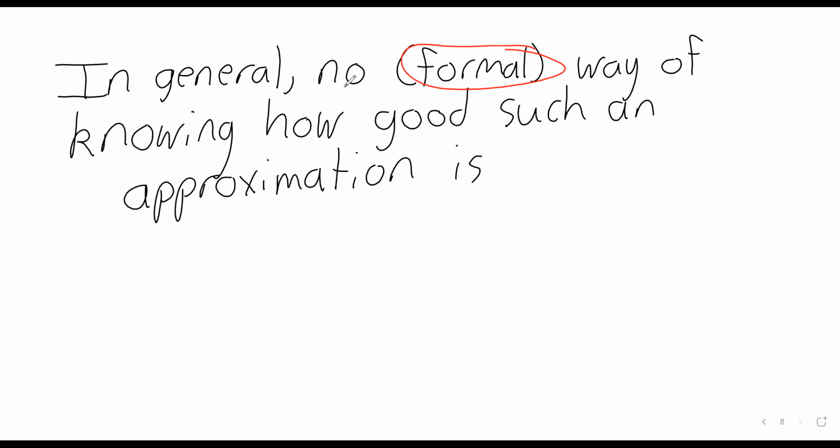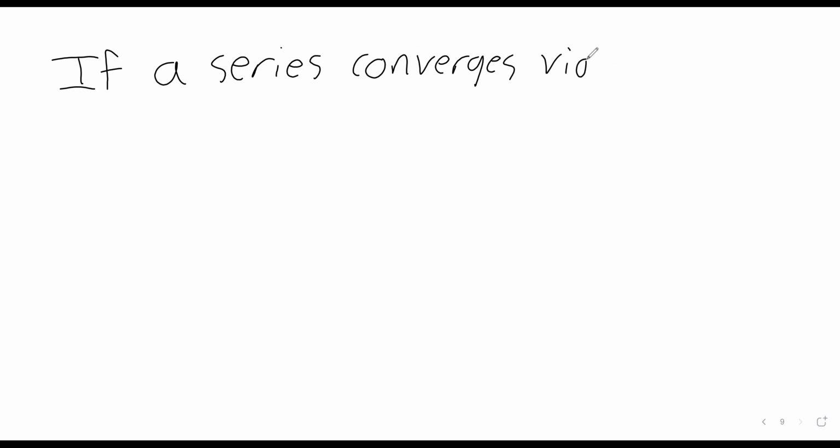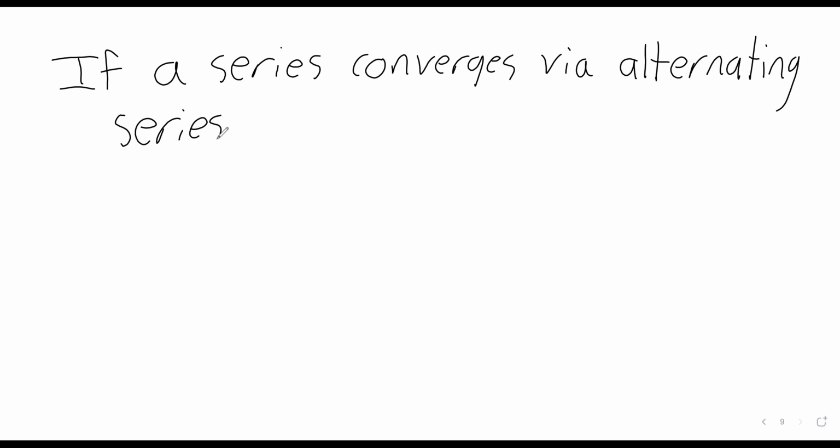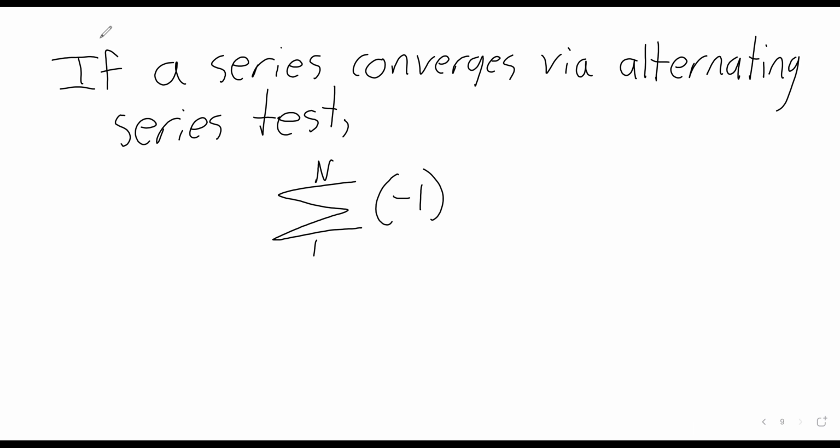Well, why do I bring this up now? If a series converges via the alternating series test, then the finite sum approximation, this is an alternating series, if it's converging via the alternating series test,